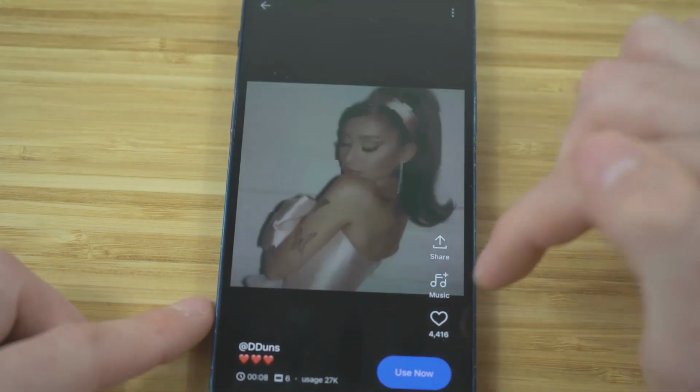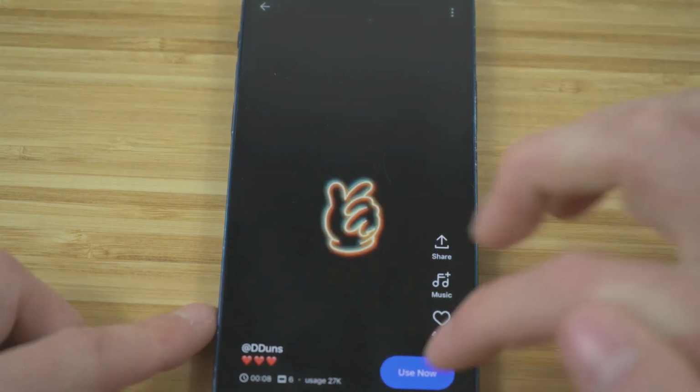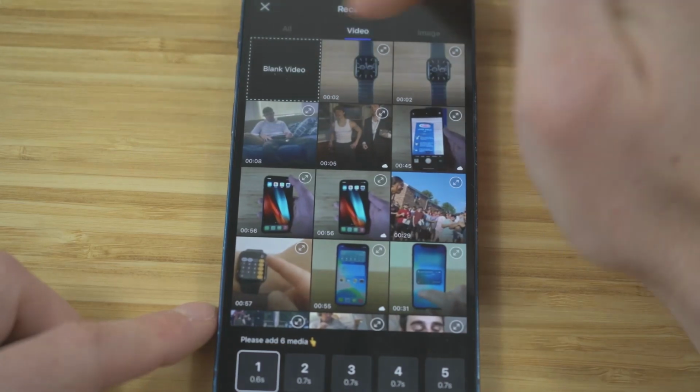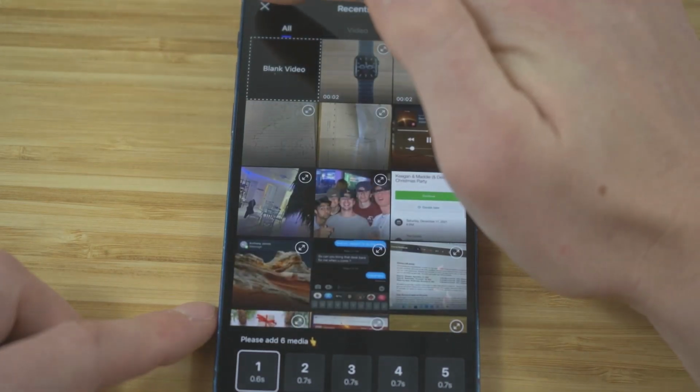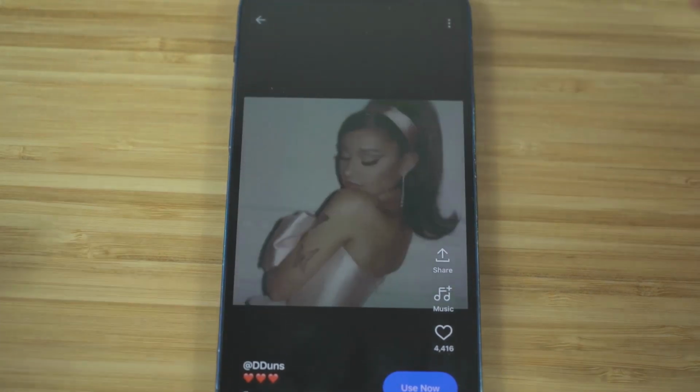We have the music if you want to add music to this template, and you can like this template if you do think it's cool. And then if we click use now, basically it's going to take us to our videos and images, and all you have to do is just add that to your video of choice, and